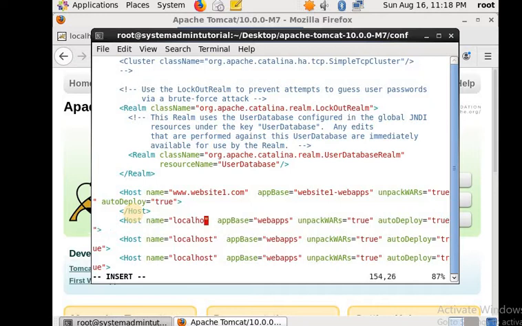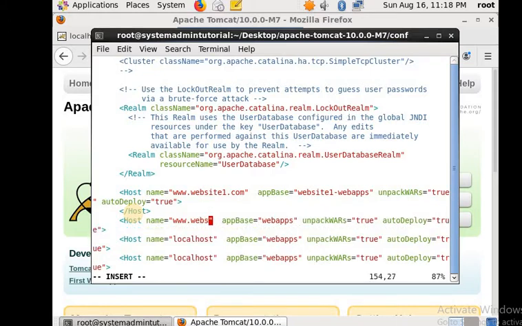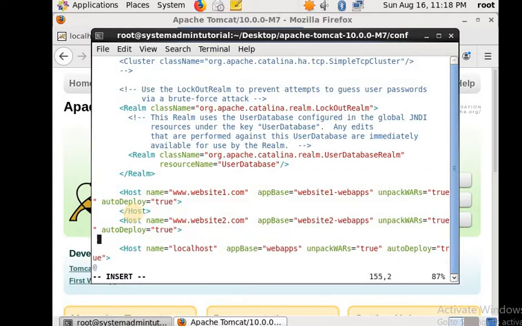Now I'll go to the second Host line. Edit this one as website2.com. The appBase path will be website2-webapps. In the same way, close this. Again go to the third line; here also you have to change the name as per your website name.